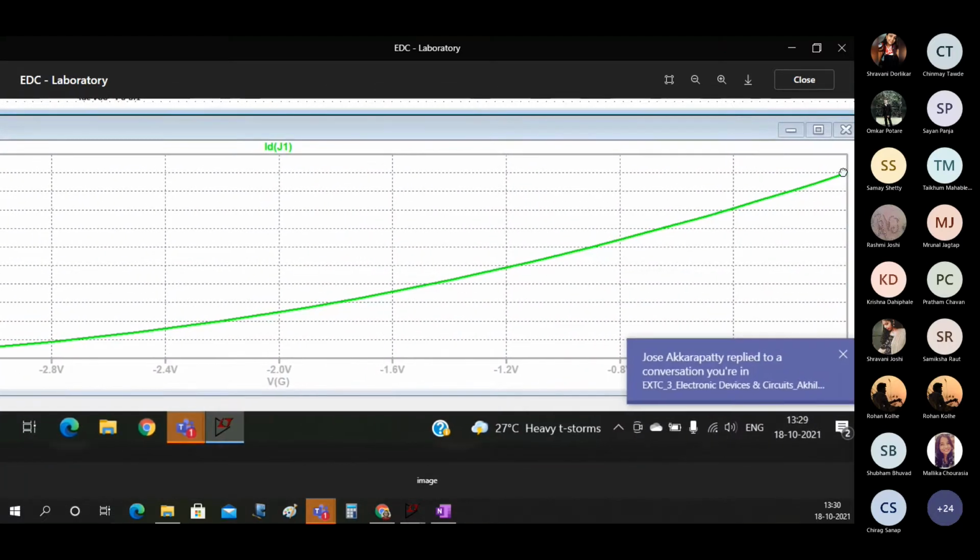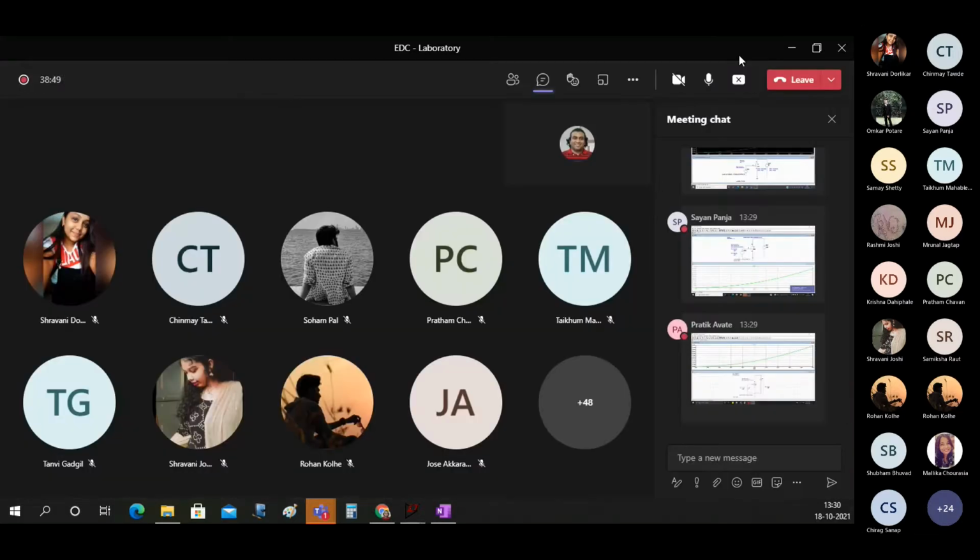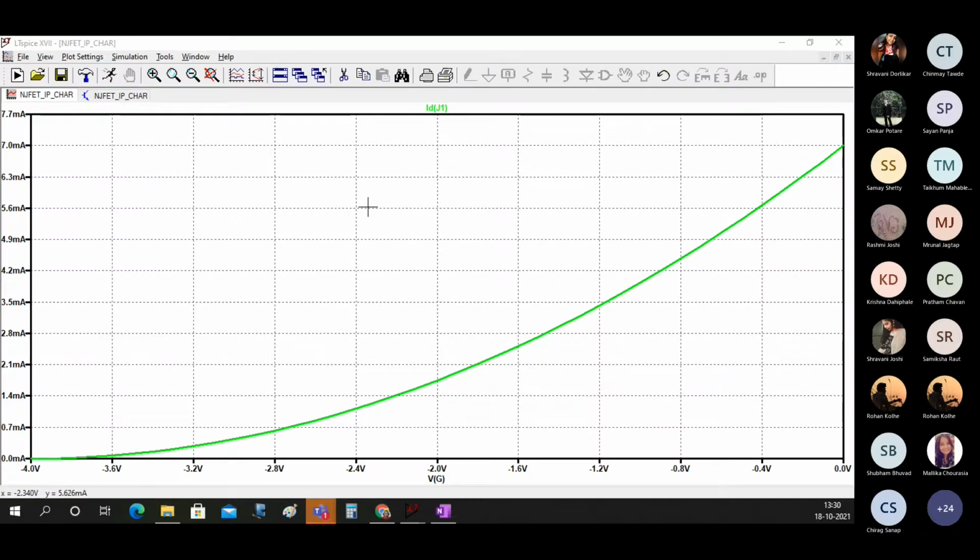So at 0, what you get here is 7 milliamperes. So that means this output is correct. But getting an output does not mean it is correct. You have to check whether it's correct or not, and you can check it with the help of these 2-3 points which are fixed on the graph.